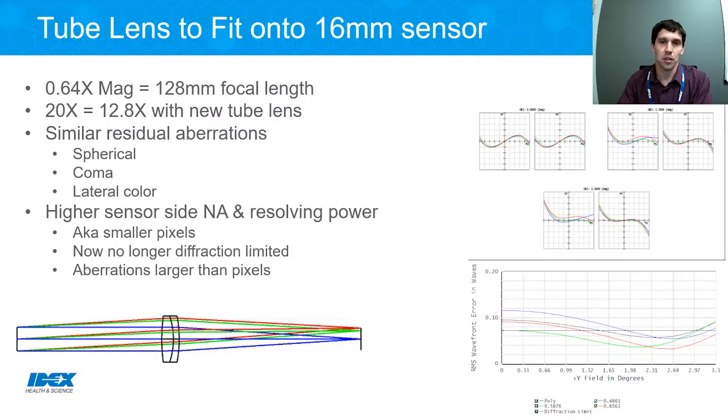you'll see how a tube lens can be relatively easily redesigned to a shorter focal length. This is a 128mm focal length, which is effectively a 0.64x mag adjustment, turning a 20x into a 12.8x. This would exactly match a field number of 25 millimeters to now fit onto a 16 millimeter diagonal or a 1-inch format sensor. The unfortunate outcome is, without complicating the tube lens, the same residual aberration now leads to a